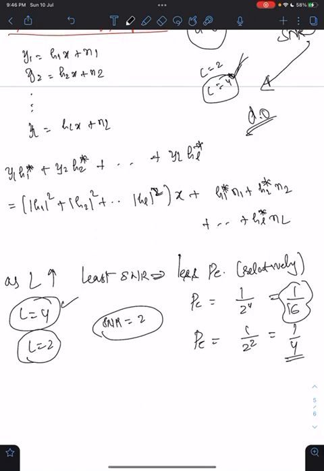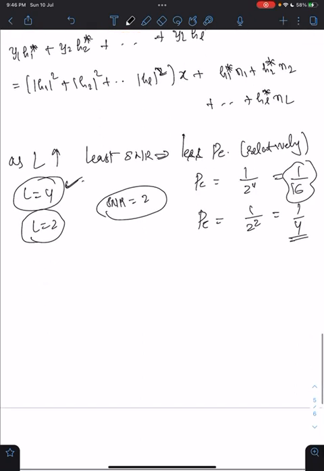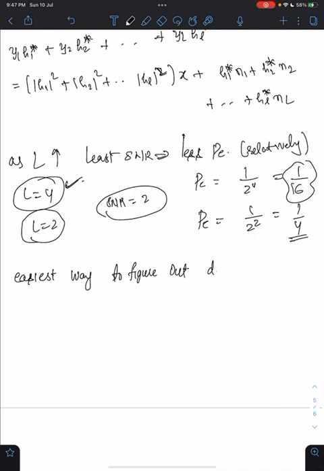So we want diversity order to be higher. All right. So the easiest way to figure out diversity order is figuring out SNR. Alright, and if you want to derive the exact bound,